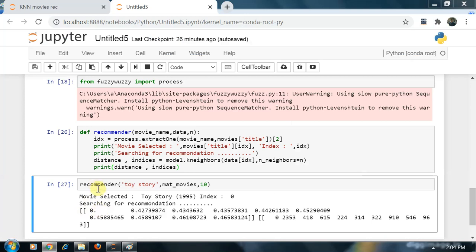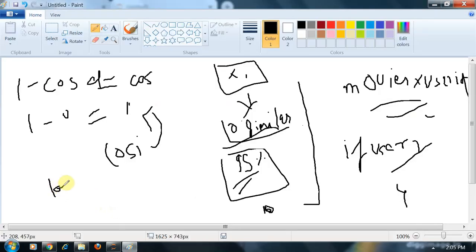Because the first index here is nothing but the index of Toy Story itself. You can look here, the index is 0. So Toy Story is 100% similar to Toy Story. Here it is giving us 0, which means 100% similar.